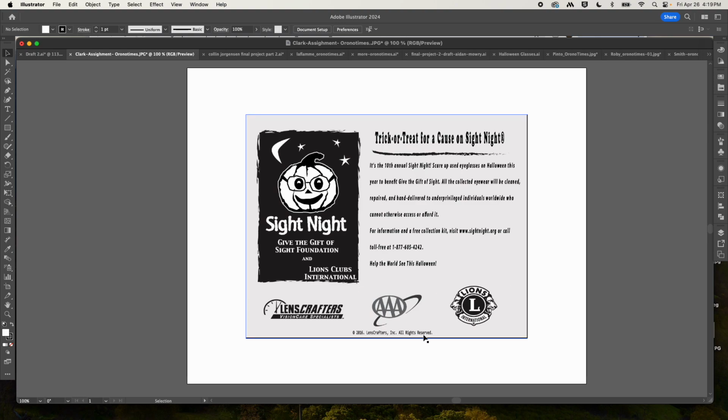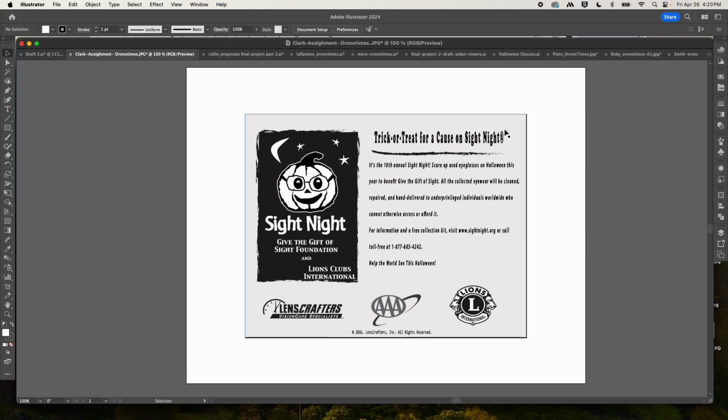And again, have your Lenscrafters legal info here down at the bottom. Drop this down a little bit. I like this treatment for the headline that you have going on here. Maybe bring this headline larger across the top. And then sort of reorganizing this, if you wanted to bring this line underneath here to organize this info, maybe even center this text, see if it flows a little bit better. And then it gives you room to make this, even if you bring in your line spacing a bit,